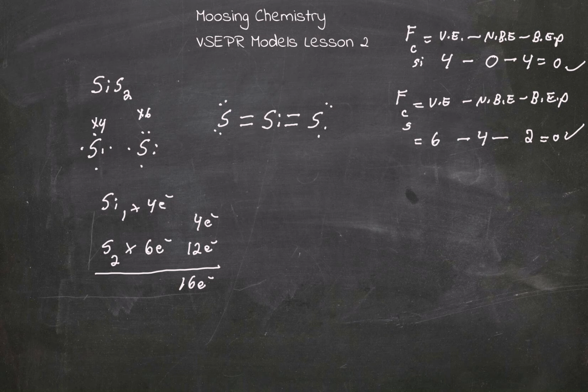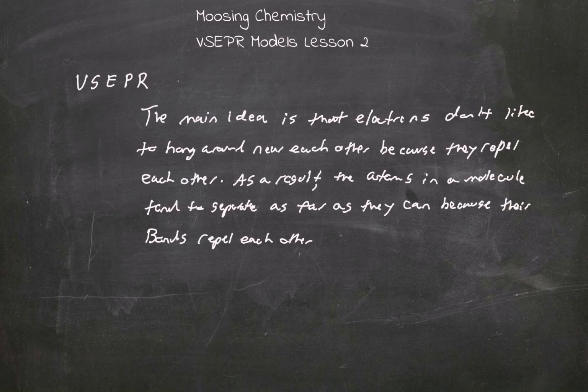All right. So now, instead of doing another one, we'll just define what VSEPR is. VSEPR, the main idea is that electrons don't like to hang around each other because they repel each other. As a result, the atoms in a molecule tend to separate as far as they can because their bonds repel